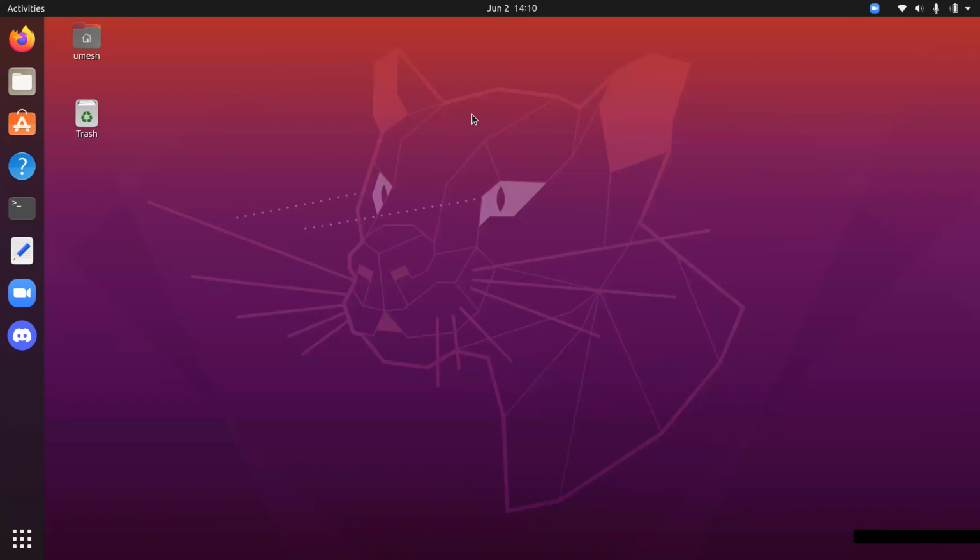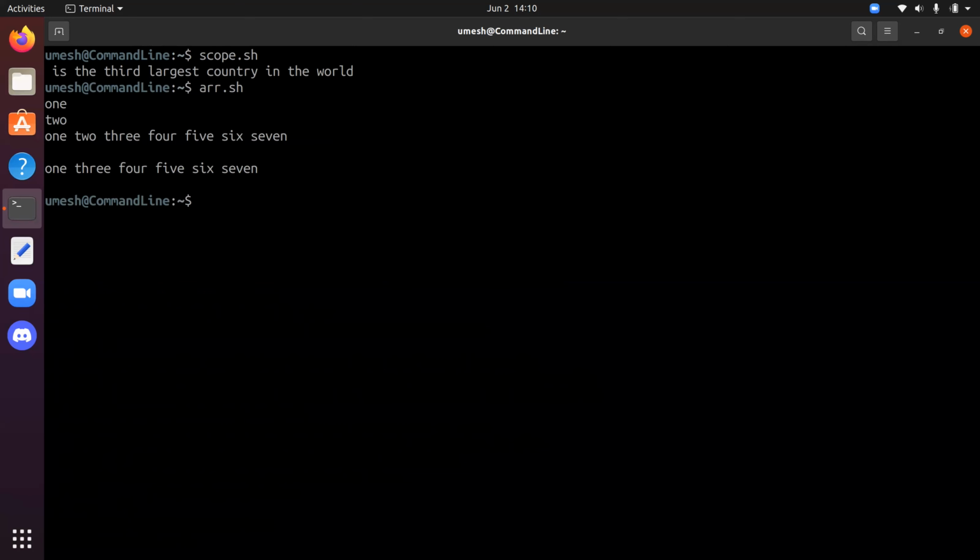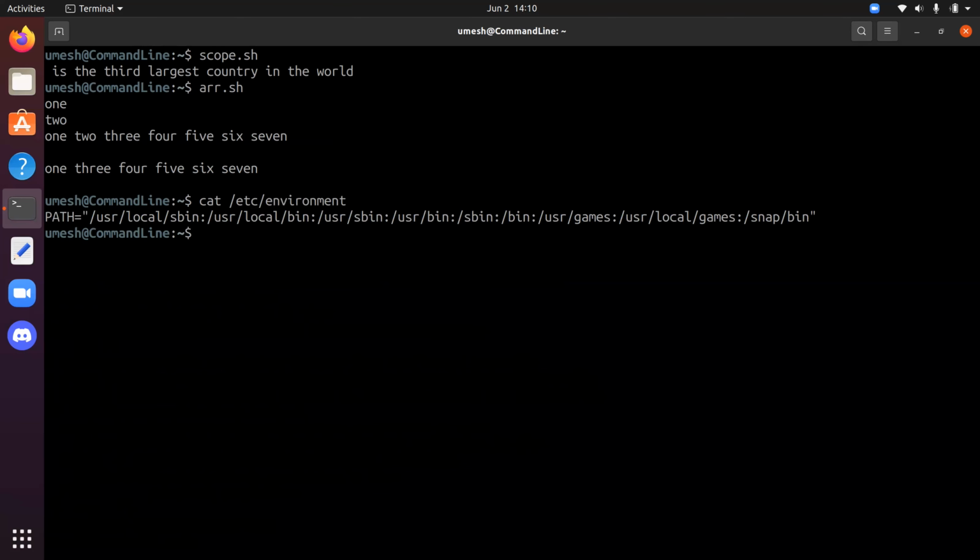Now open the terminal and do scope.sh or array.sh. Now it will work even if you exited the terminal and opened a new one. And in Ubuntu, you can also change that in here. So you can add your home directory and scripts folder here as well.